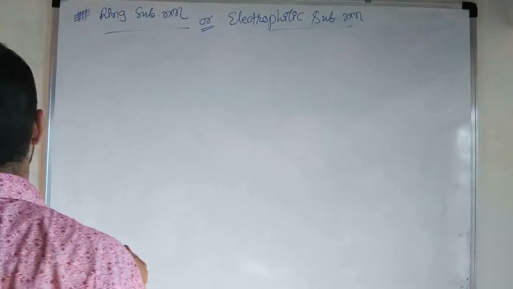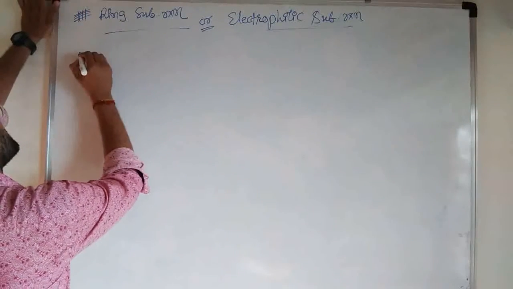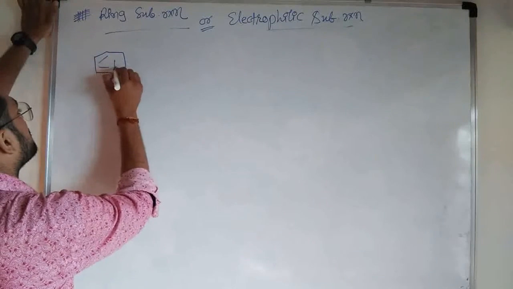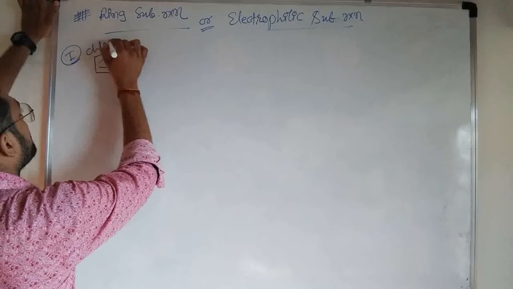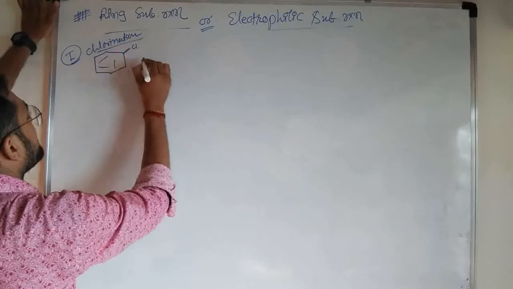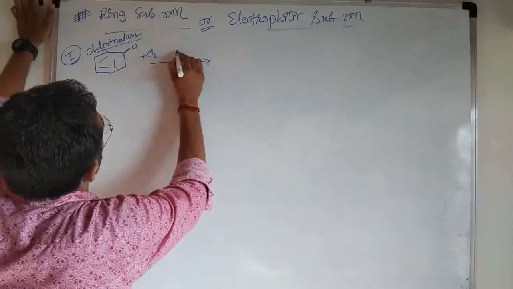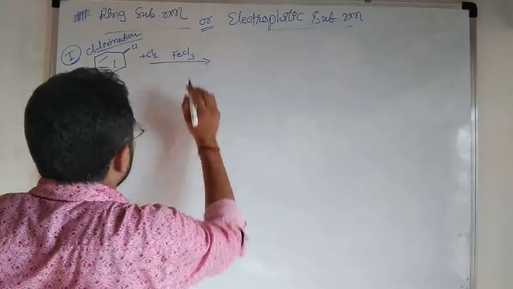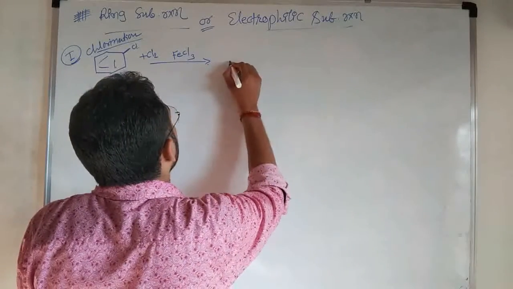Now dear student, different electrophilic substitution reactions, starting with first and foremost chlorination. Like this: chlorination, plus Cl2 plus FeCl3, ferric chloride, and it will produce